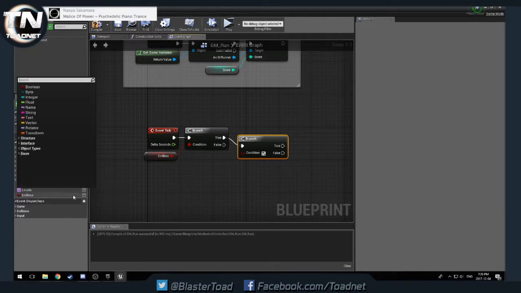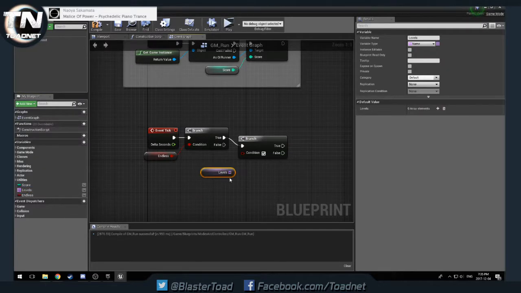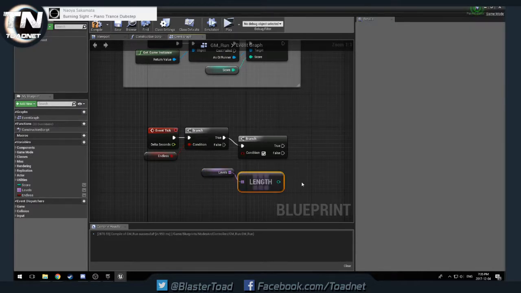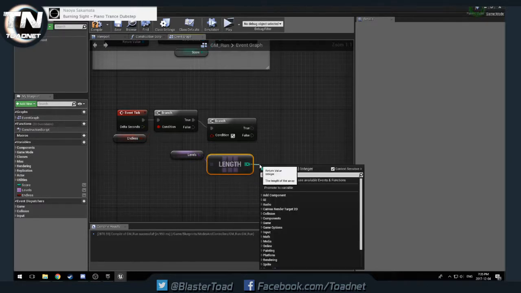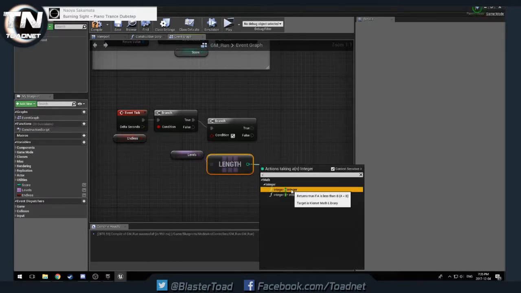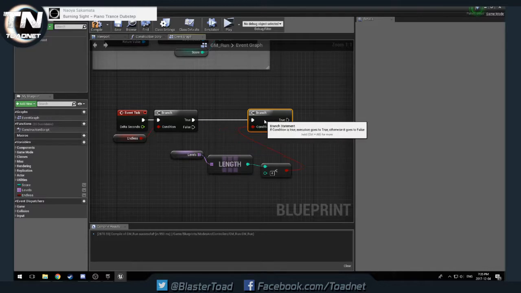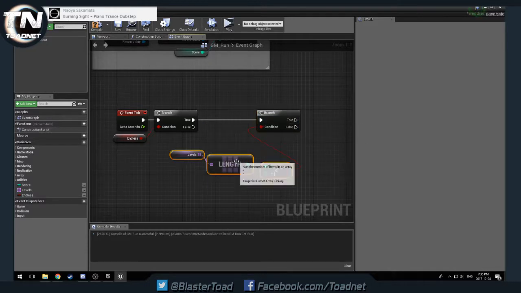And then we're going to get our levels. Pull off, get levels, length. So we're going to get how long the array is. And if it is less than 4, so we're going to get this. If it's less than 4,